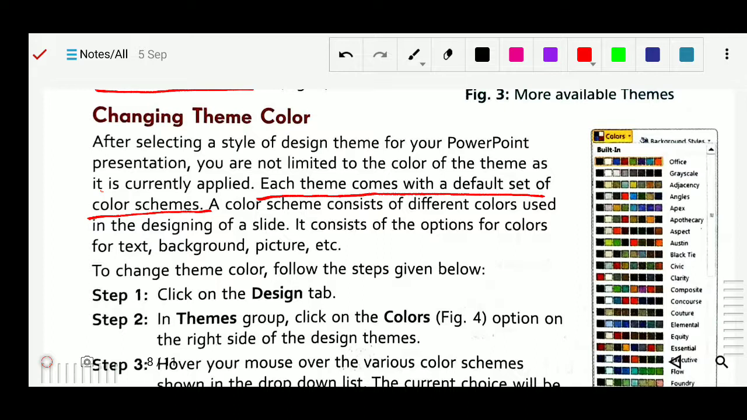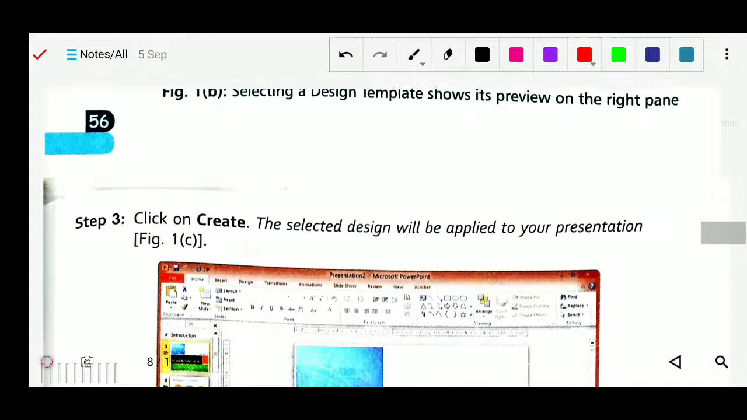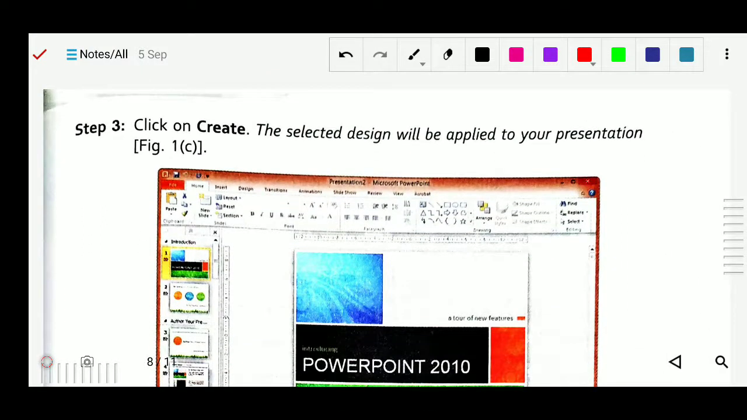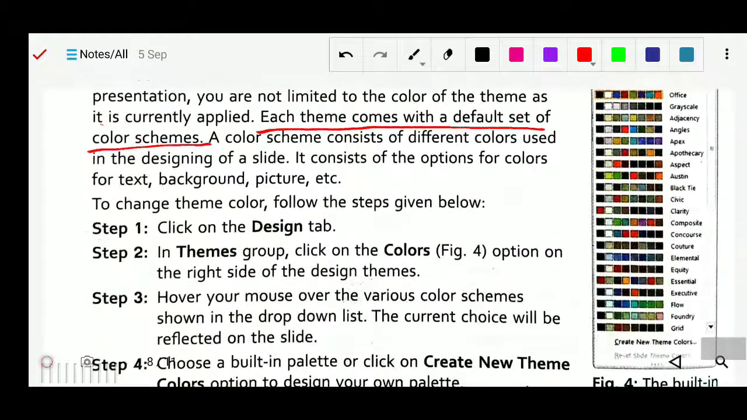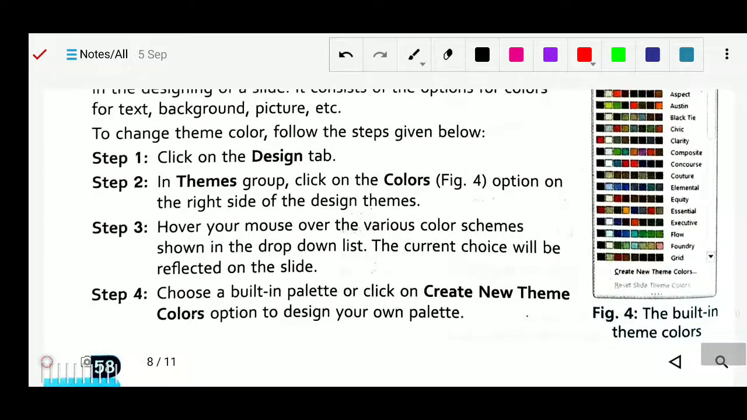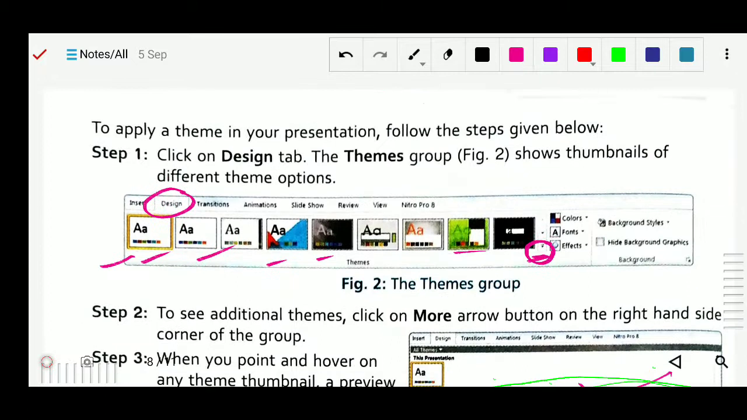How? The first step is to click on the design tab, as we have done earlier. Here you can see, we click on this design tab. Then, in the theme group, click on Colors, as you can see over here. Then we will click on the colors. Got it? Then after that,